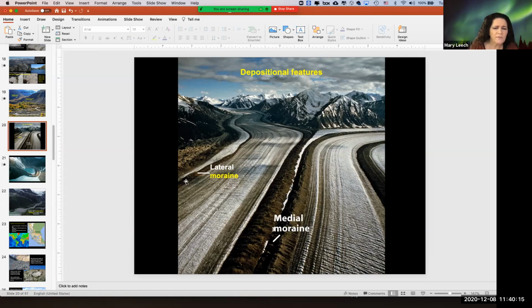So this one, it's hard to tell where that's going. It looks like it even dies out there. But anyway, the point is, yes, there was a side glacier that joined this glacier back up there. And so there's a medial moraine coming down there. They're not always perfectly centered, right? It depends on the landscape where they come in. But here are 2 coming together. Those 2 join another one, and those join a 4th.